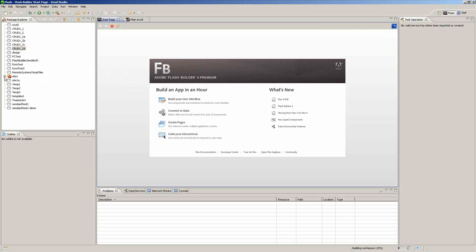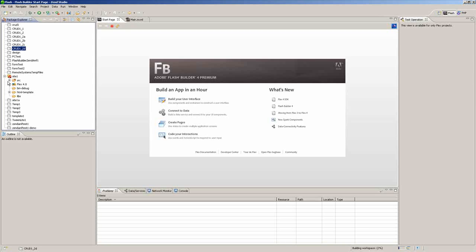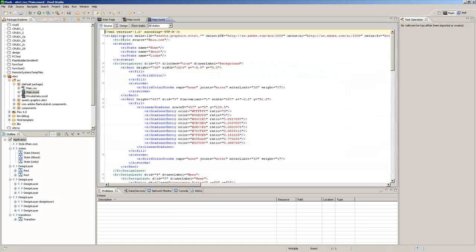And that is all loaded up right here. So we'll click on the source folder, default package, double click on main.mxml, and then we can click on design,